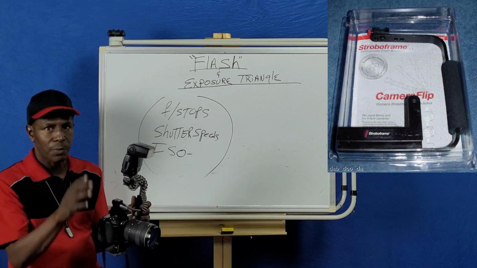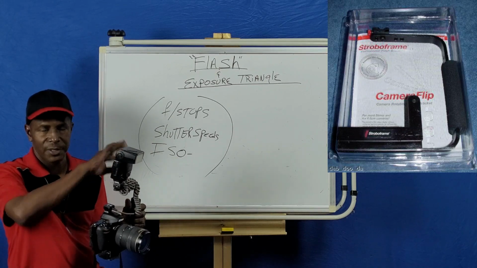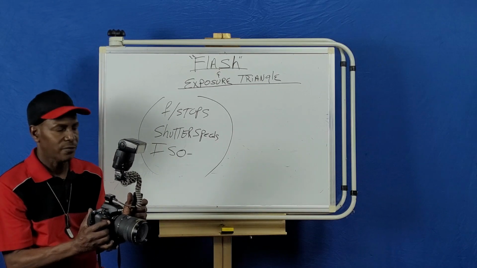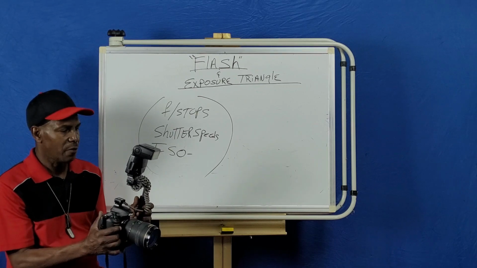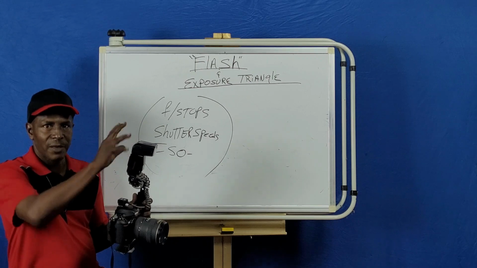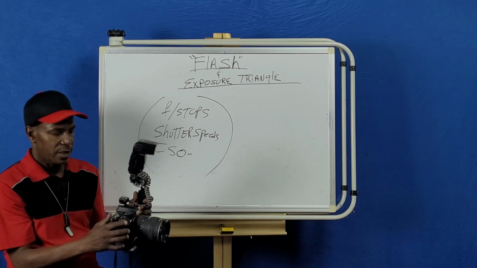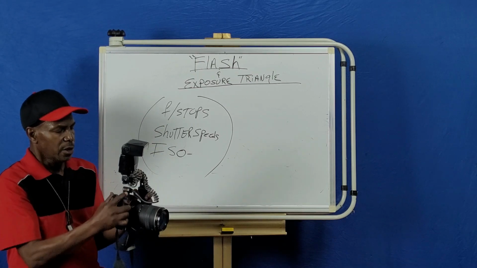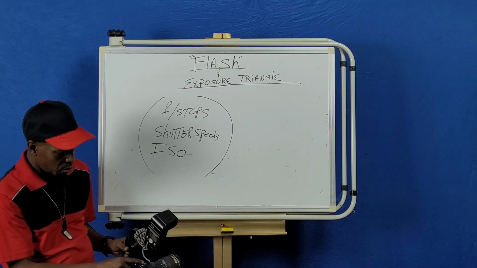They have all types of brackets. They have ones where the flash flips. And I really don't like the flash flip, but I see a lot of photographers using it, where the camera stays here but the flash actually flips. But I like this one because I can just flip the camera. So what happens is you have this cord right there,